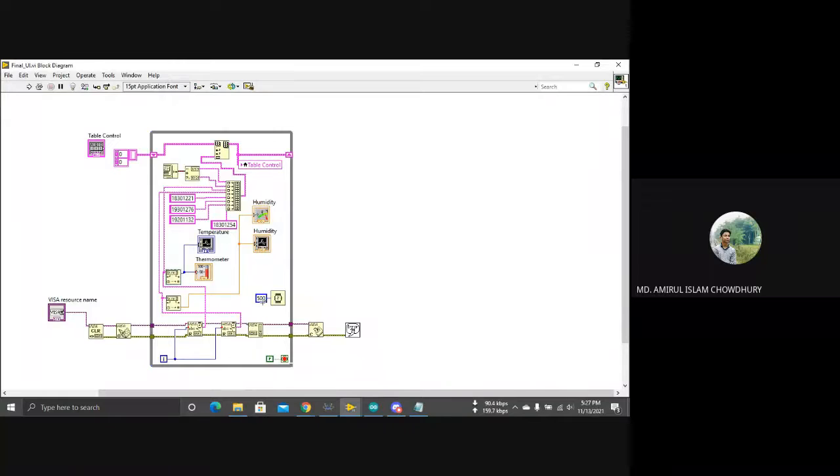So our next task was to create a fraction or string to number conversion. To do that, we had to go to string, then number or string conversion, then string to number. As we have 2 data, we needed to create this twice. So now we will work with the table control. From here, we can create a local variable. This variable will be used for this table. From here, it will give the table data and it will show the value on the front panel.